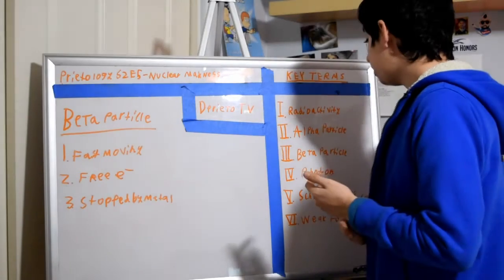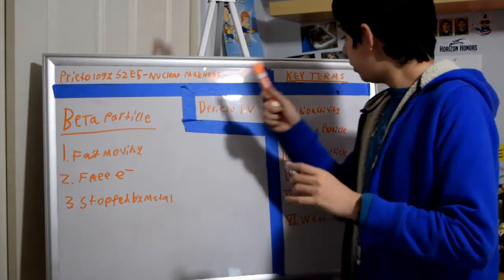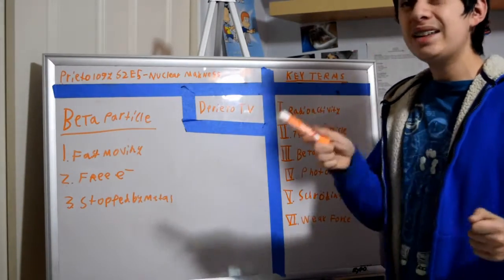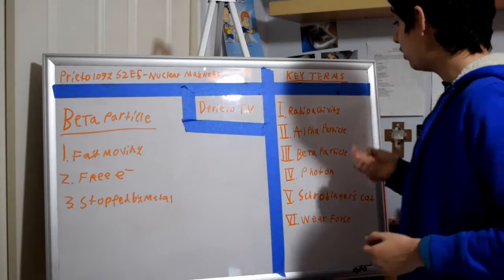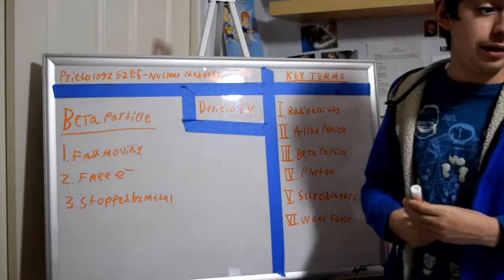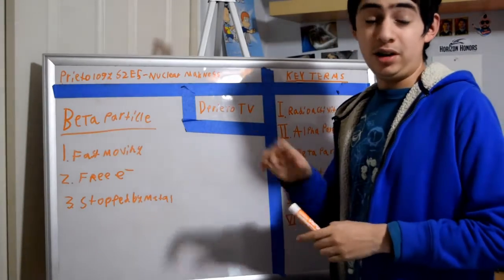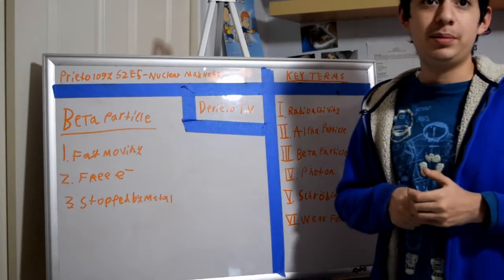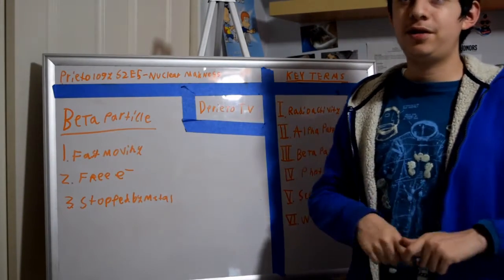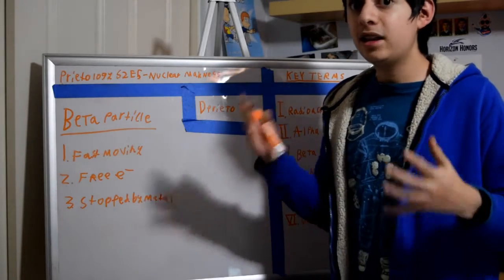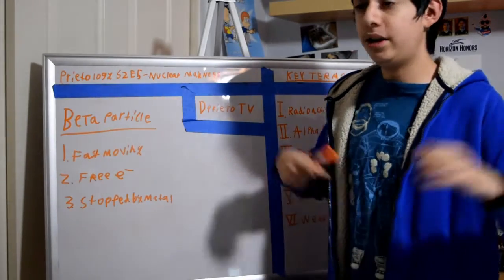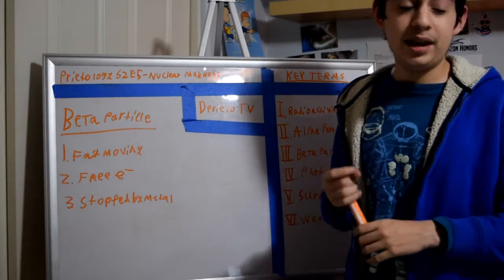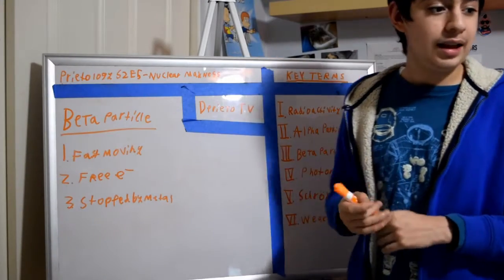Alright, so our third term, we're almost halfway through, is beta particle. A beta particle is basically almost the opposite of an alpha particle. This is a very fast moving particle, unlike its partner alpha particle, which is a very slow moving one. This is actually an electron, a very speedy, highly charged electron. It's a negative charge without a nucleus, so it's basically, as scientists say, a free electron whizzing around in the air without a nucleus attached to it. This is 7,000 times lighter than the alpha particle, which is a huge scale.